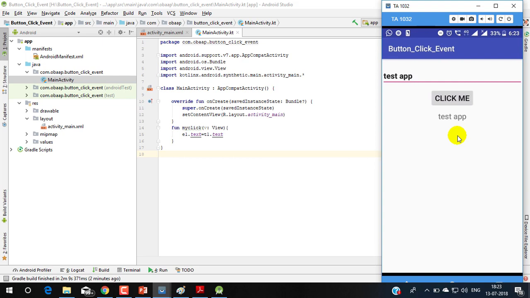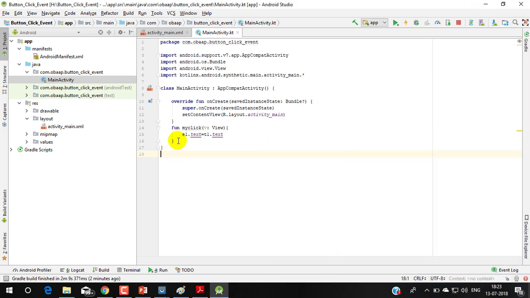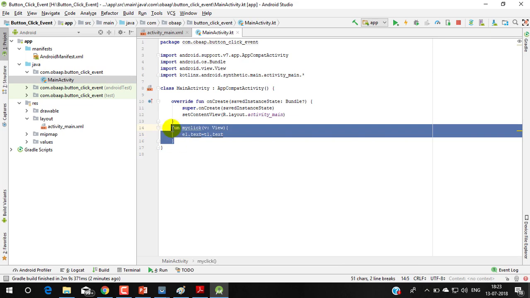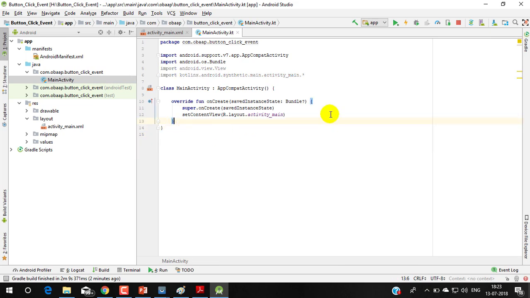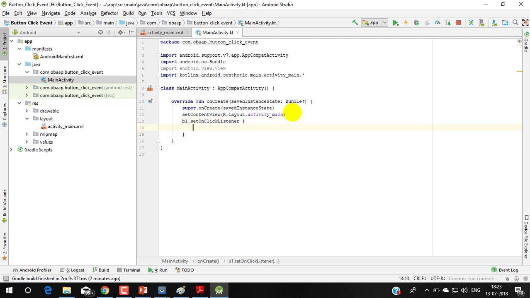Now I'm going to show you how we can configure the click event using the Kotlin approach. So let me erase this. Directly inside the onCreate method we can configure the onClickListener. For onClickListener, the button name is b1 dot setOnClickListener. Directly inside this,